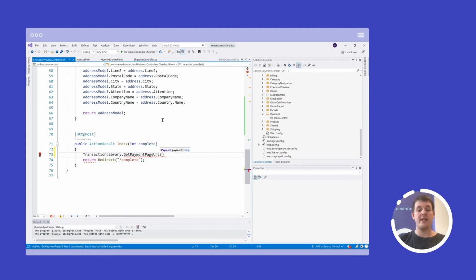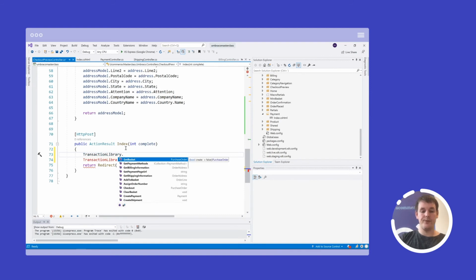So here we take in a payment. And here we then need to use transaction library to grab the order and then grab the first payment on the order. Usually that will only be a single one. Otherwise, we need to qualify it a little what the actual payment we need.